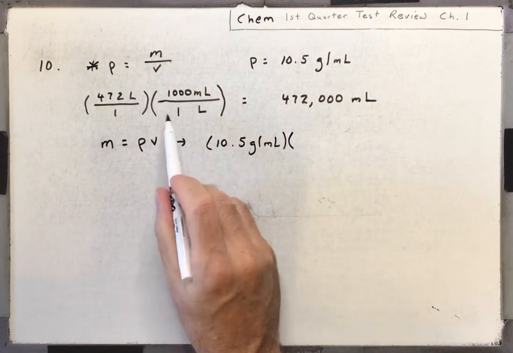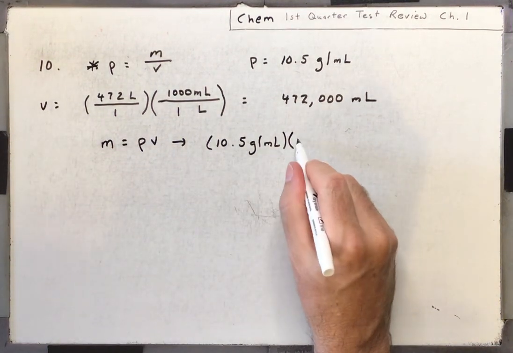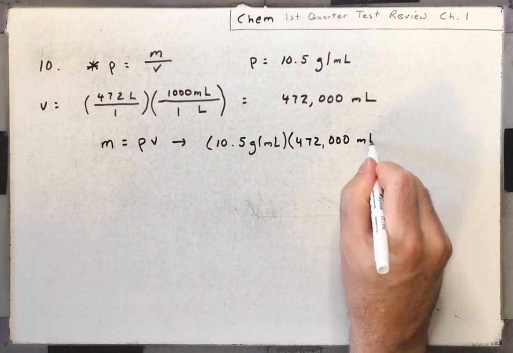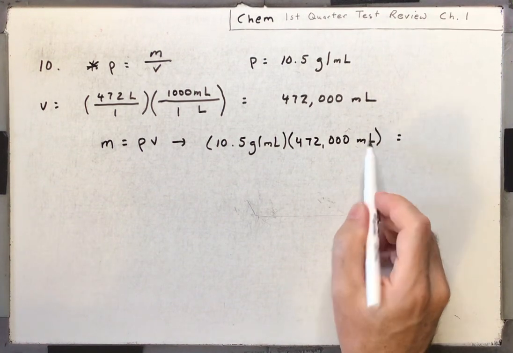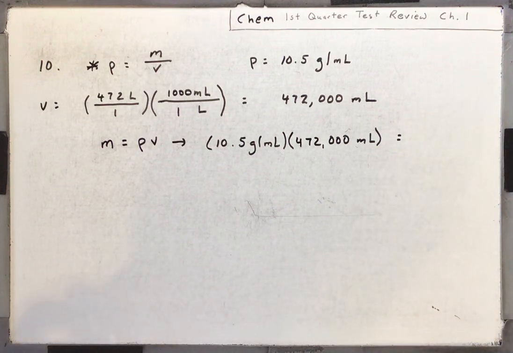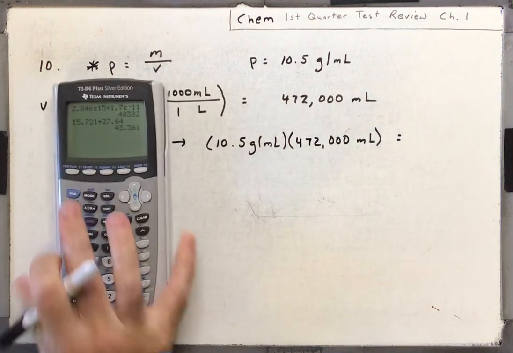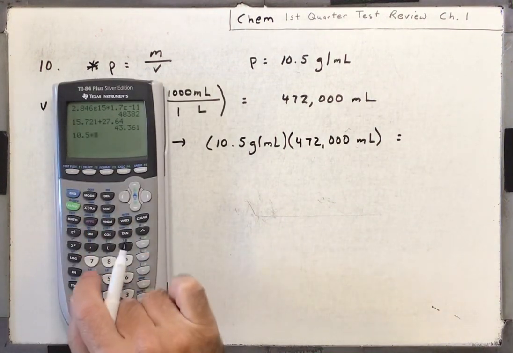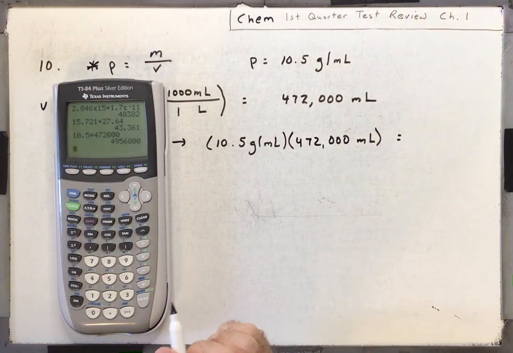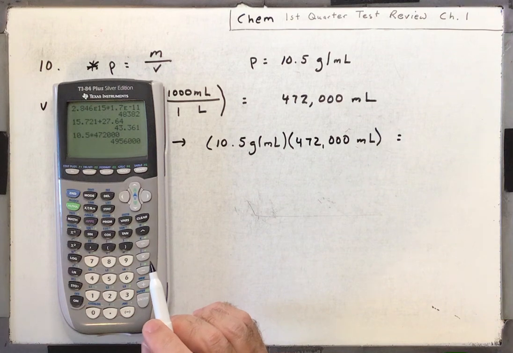We know now that the volume, we converted it, is 472,000 milliliters. The milliliters will cancel. That milliliters on top, that's on bottom, and you'll get the answer in grams. So let's go ahead. And we've got 10.5 times 472,000. That's 4,956,000